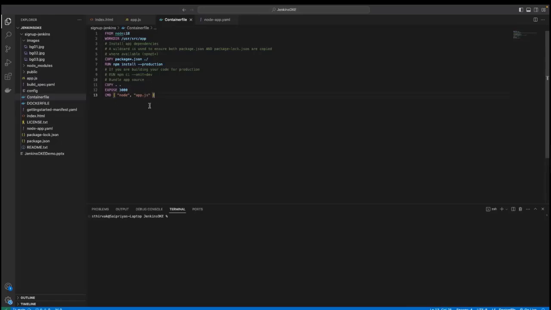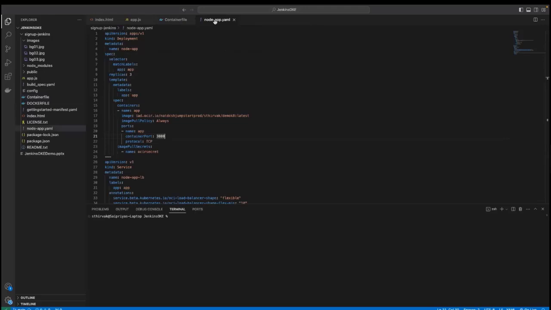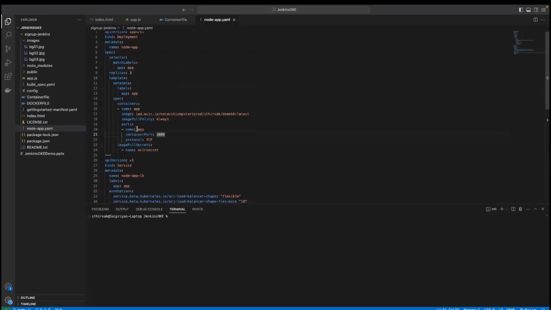And after that, what we're going to do is I've also created a YAML file for us to deploy the application onto the Kubernetes cluster. So what I'm doing is I'm creating a deployment. So this is a deployment file. I'm going to deploy this